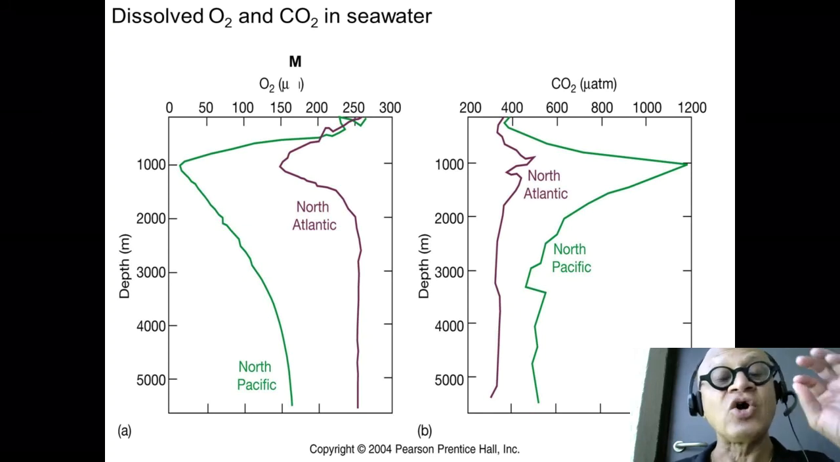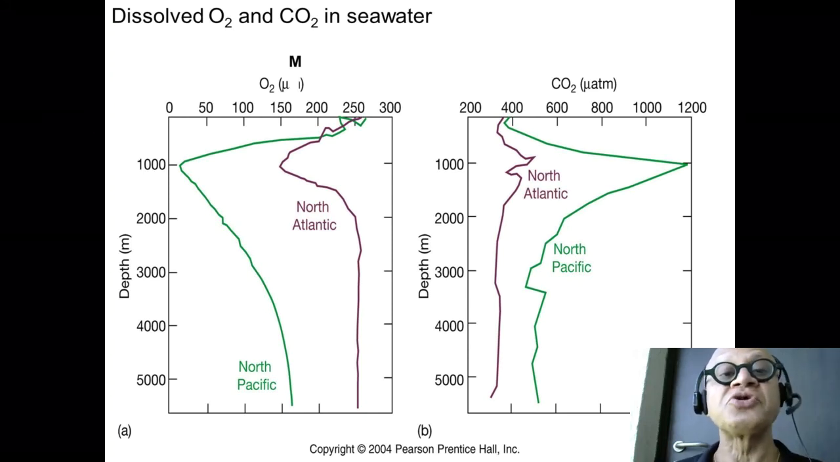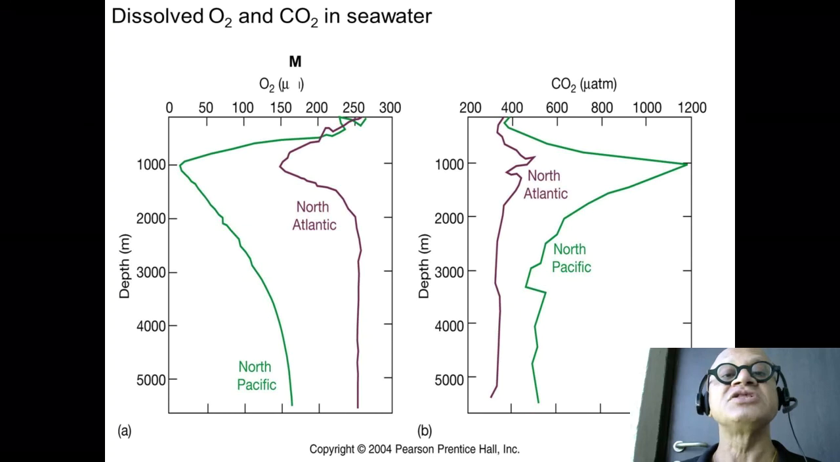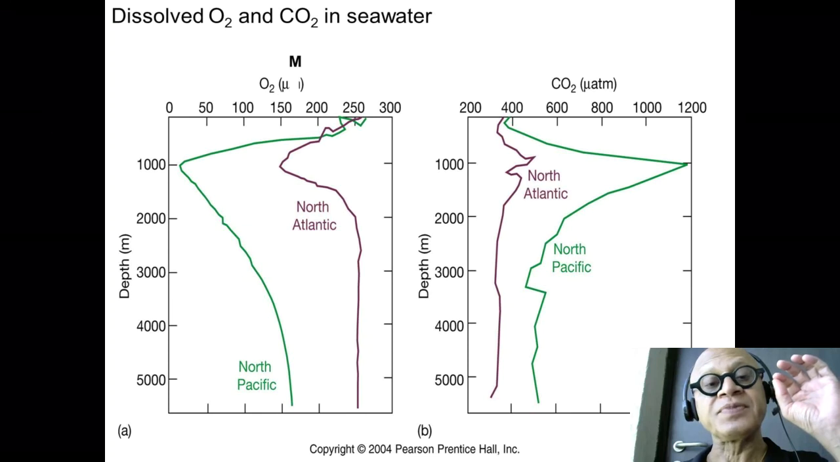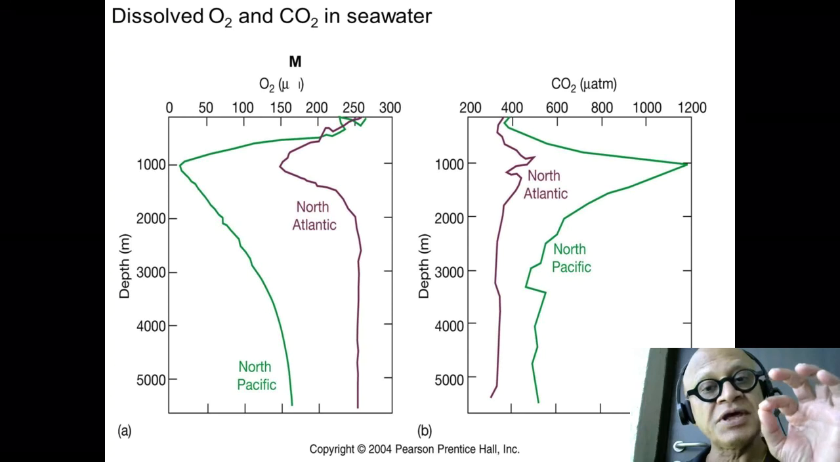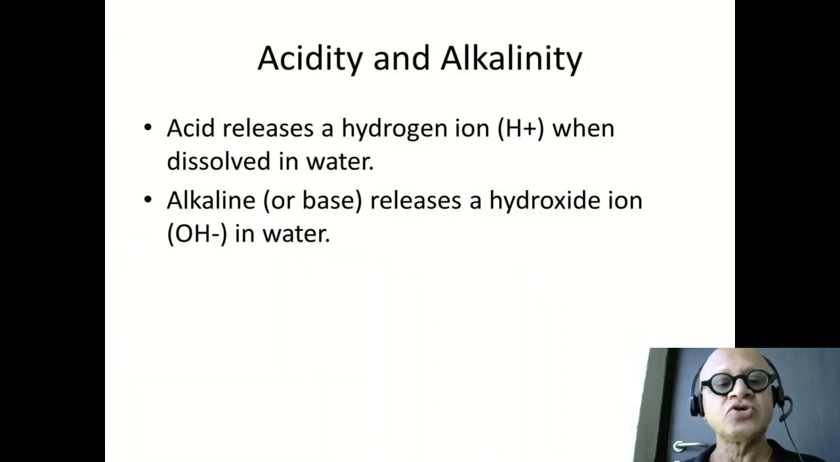So there are biological processes and there are physical chemical processes together that are going to determine these profiles. So these profiles should be etched in your mind. We'll also look at nutrient profiles later on, but oxygen maximum at the surface, oxygen minimum zone at 1 kilometer, CO2 minimum at the surface, maximum around 1 kilometer, depends on whether you are in the North Pacific or North Atlantic Ocean, and so on. So we'll stop this here and come back to defining pH in a minute, but it turns out that pH